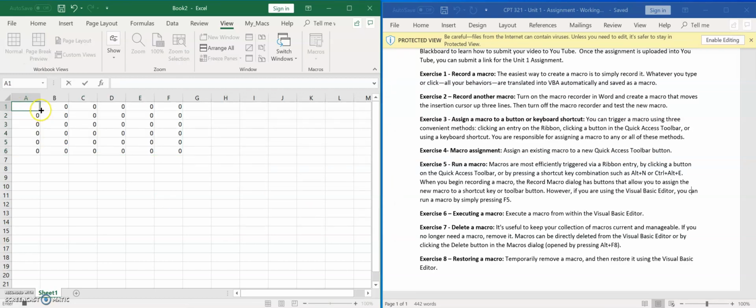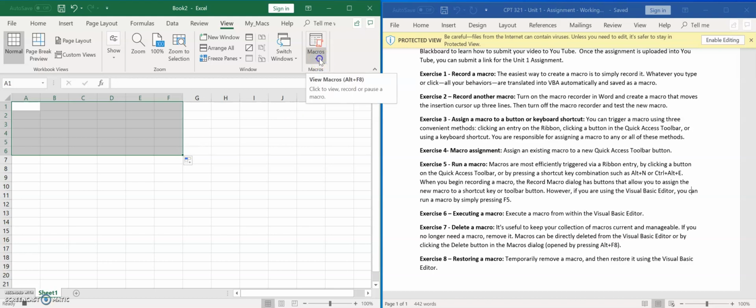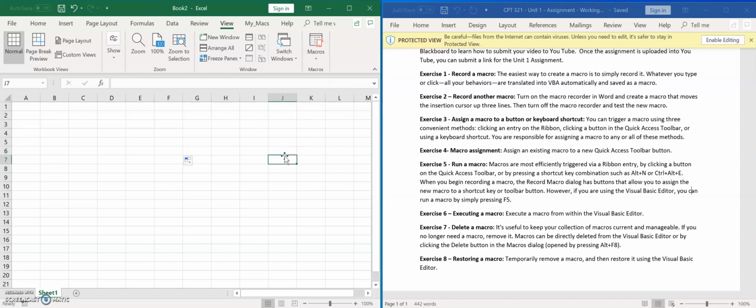Now I'm working on a MacBook that I have put a partition on, so my delete won't delete an entire grouping of cells. It will only delete one cell at a time, whichever one you clicked on. Alright, so there's our two macros. So if I do a Control M,